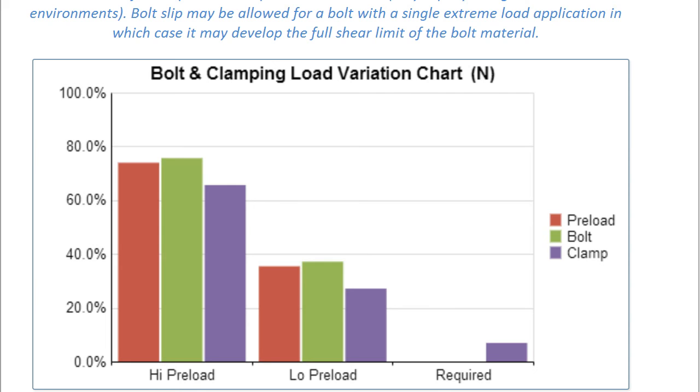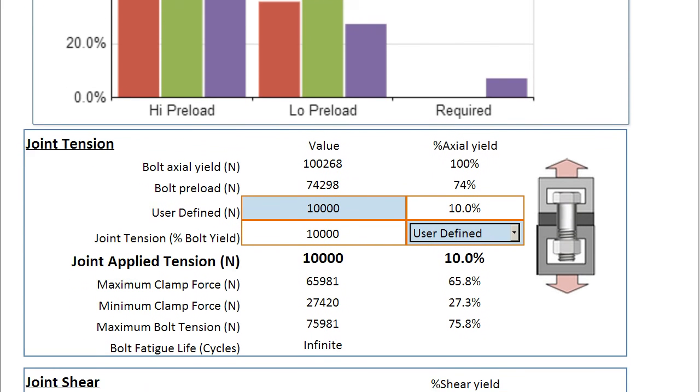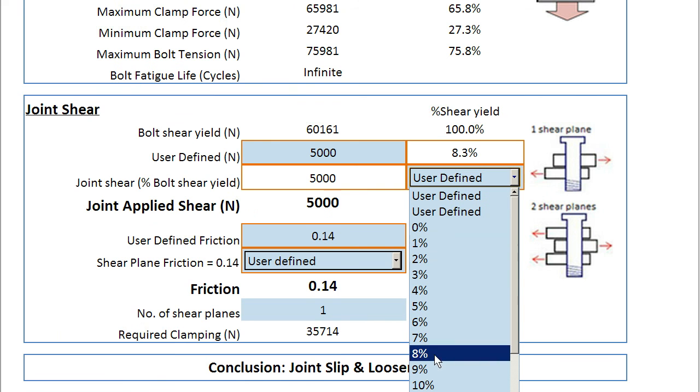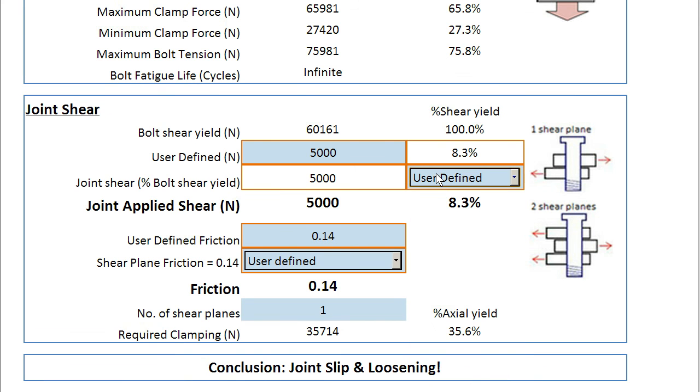So let me just take you down and let's play a few tunes with this. Let's increase this load here. There's two ways of defining this load. We can set a user defined load as in here, so I'll set that now to 5,000, or we could also have defined it as a percentage of the bolt shear load. But for now, we've increased this from 1,000 to 5,000, and when I go back up to the graph,